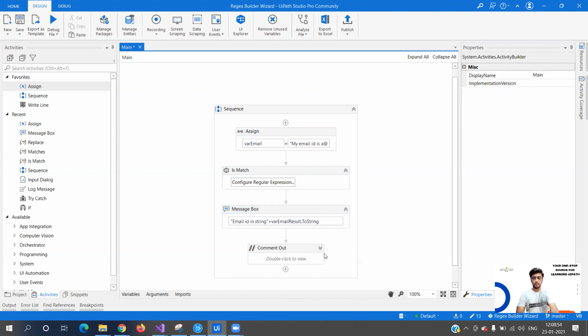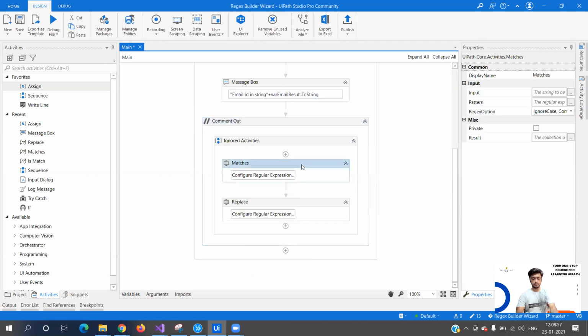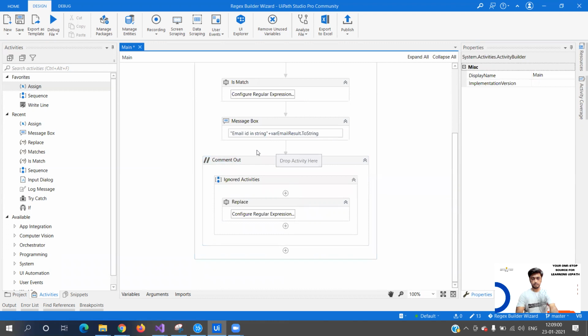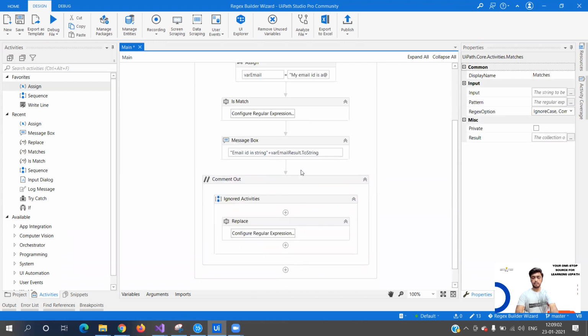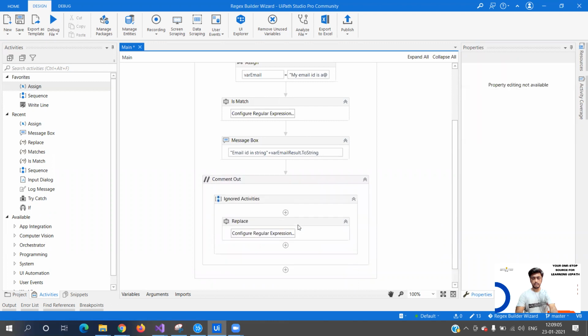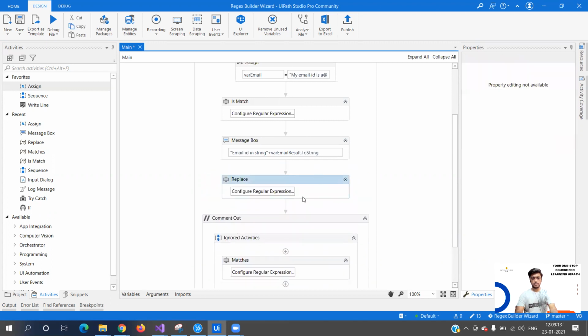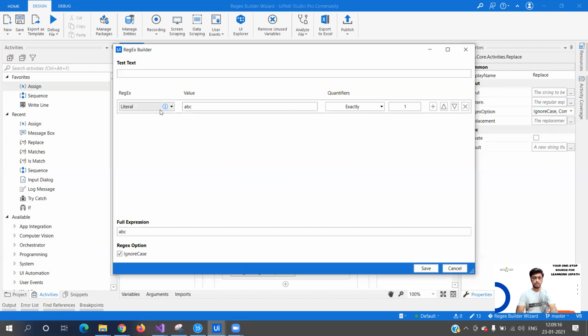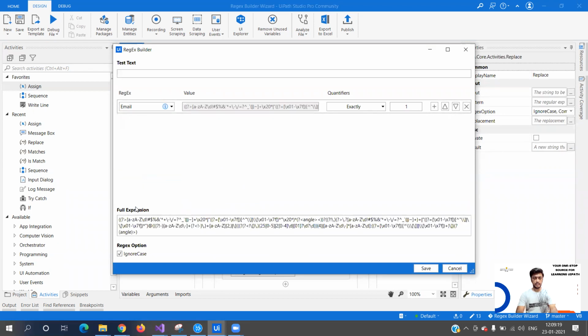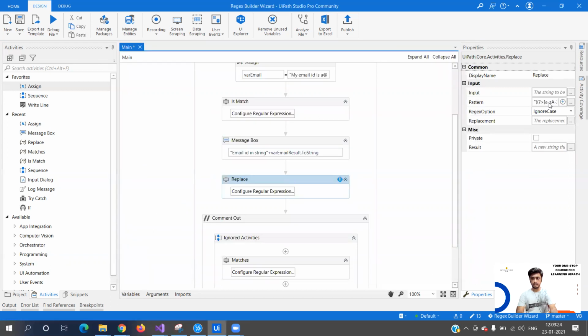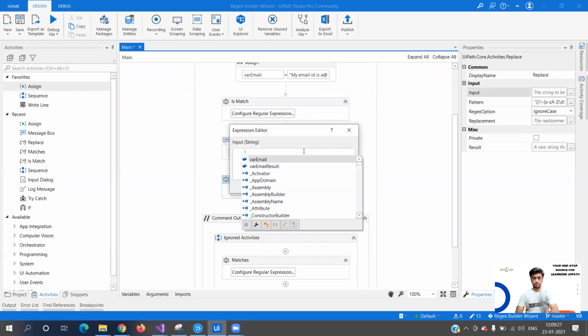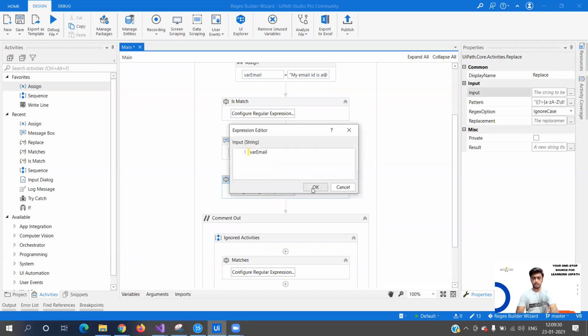And now what we will do is we will use the matches. Okay, before that, let's just go with replace because it has some similar kind of concept. Yeah. So configure regular expression. Again, we want to replace a email itself, right? So we will save this regular expression is there. Now, where email is what we are going to pass again. And the replacement of that is going to be